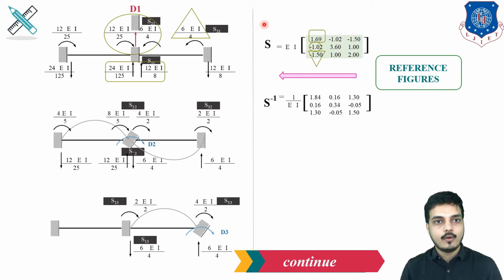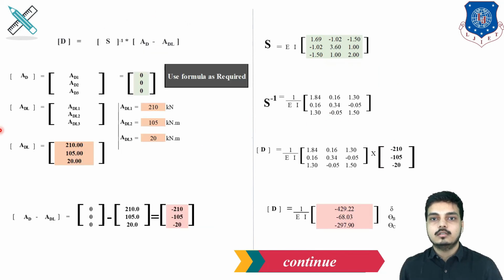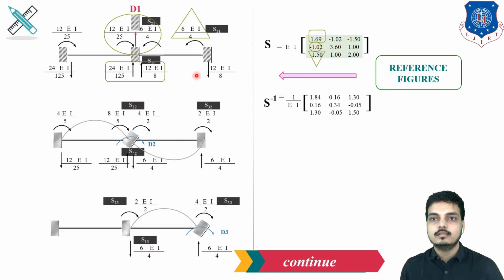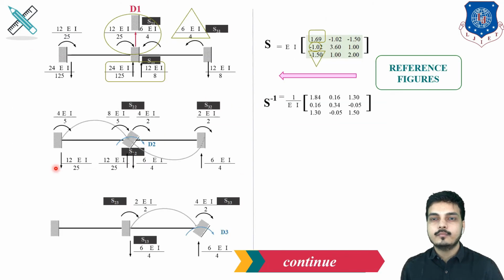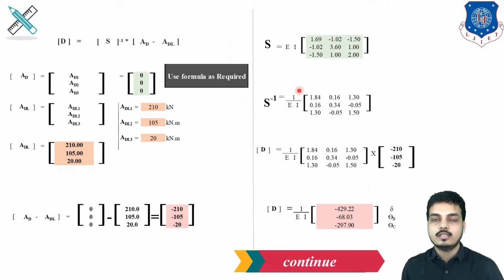And then with the help of a calculator, we can find out S inverse, and then place it in the further equation. This we did in an earlier step, then we did S. I have added a reference figure earlier for you, and previous to that we did AD on the left hand side, and on the right hand side we have found out S and S inverse. Now using this equation we can find out the value of D. So D equals S inverse multiplied by the load vector.